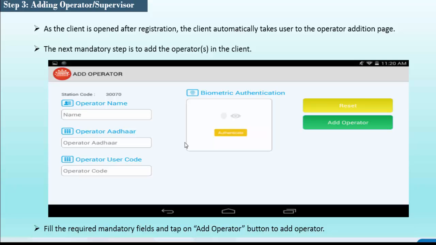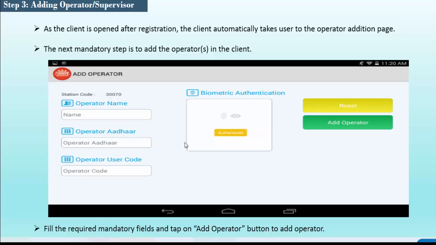this CLC client. This operator ID will be given by UIDAI Tech Center with the confirmation of your registrar and EA. So before adding this operator, you have to ensure with the EA whether your operator ID is activated by Tech Center through your registrar. Once it is activated by Tech Center, only then can you onboard or add the operator in the CLC client. I have given this add operator screen for your reference.